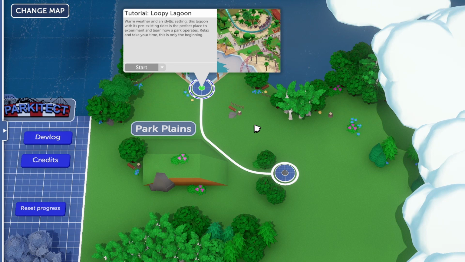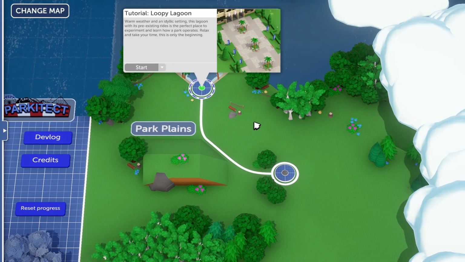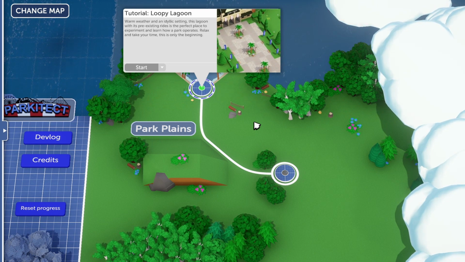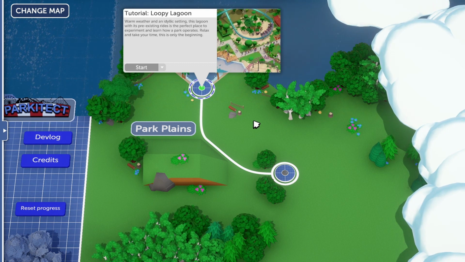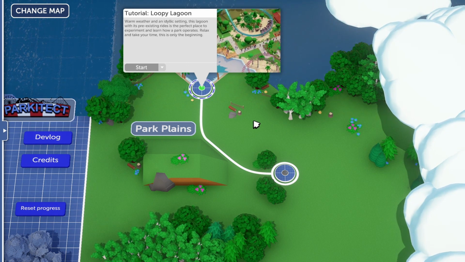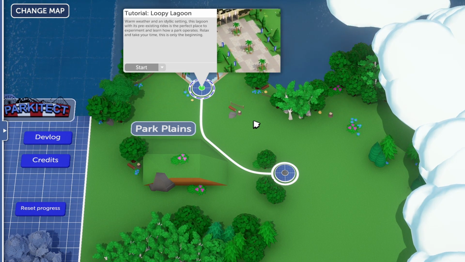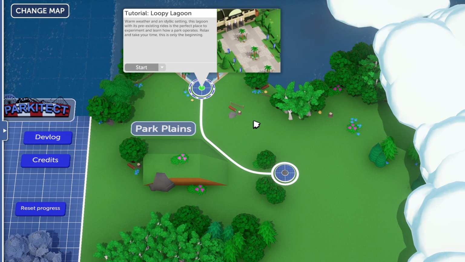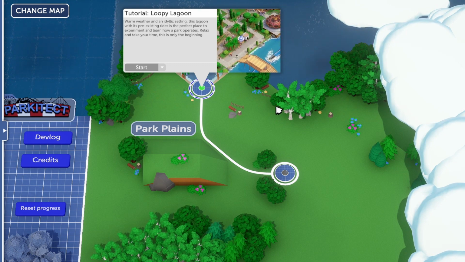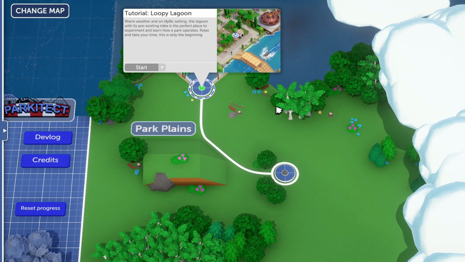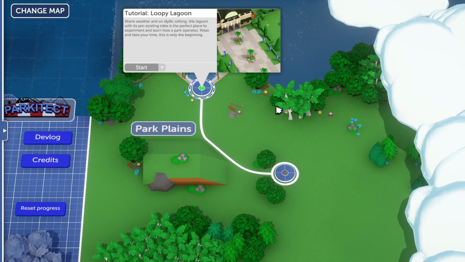Now, I'm still going to be playing Planet Coaster quite a bit, and I'll talk about that a bit in a while. But I wanted to start this series as well, because I've been getting more and more into amusement parks as of late, and while I love Planet Coaster, it does take a long amount of time to create the things that I want in Planet Coaster. So with that in mind, I wanted to start this series and go through the story mode of the game, because from what I've seen other people playing, it is a faster and easier paced game to play. So we're going to start out the story mode with the tutorial